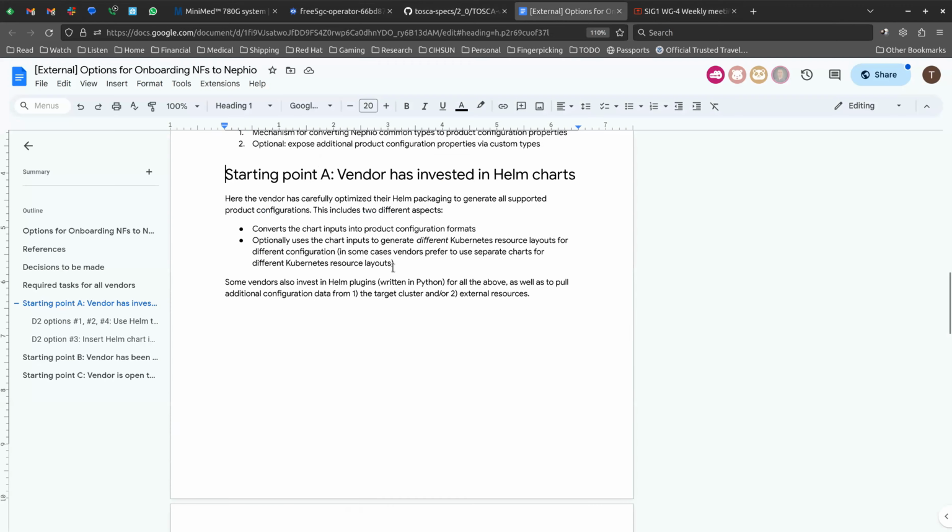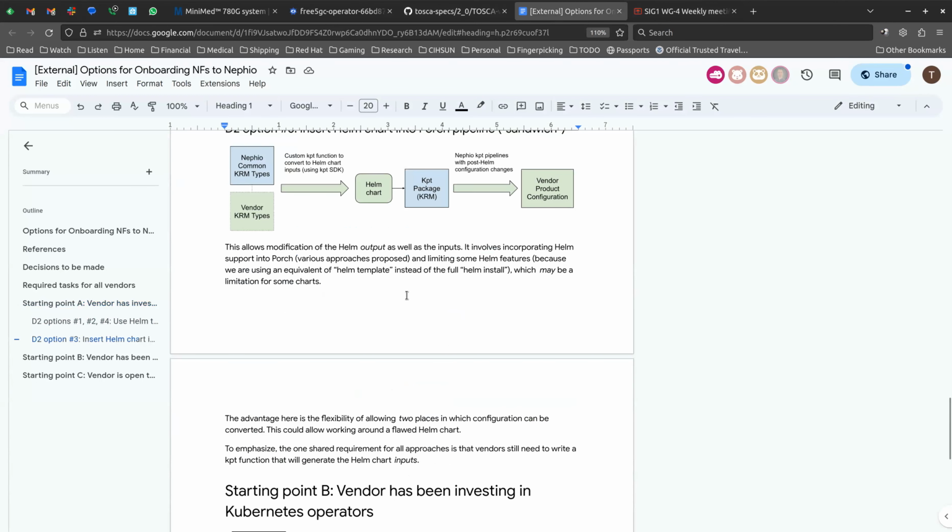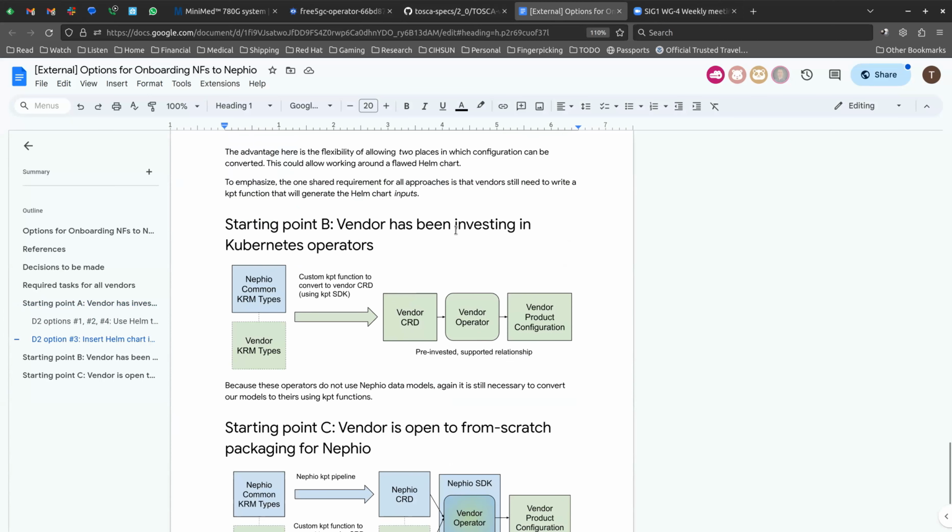All right, the other. So I'll go here in length in a minute, but I just want to do the overview here. So the second starting point is a vendor that is already building Kubernetes operators, but not in the